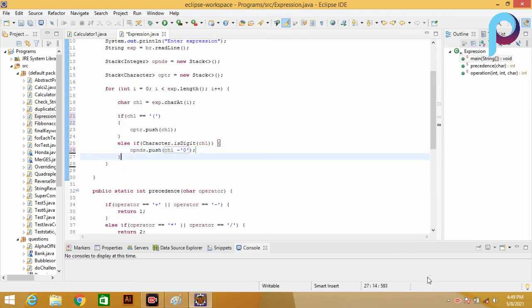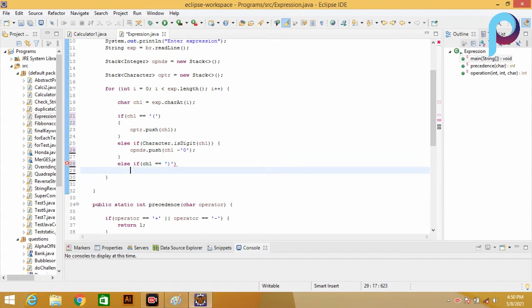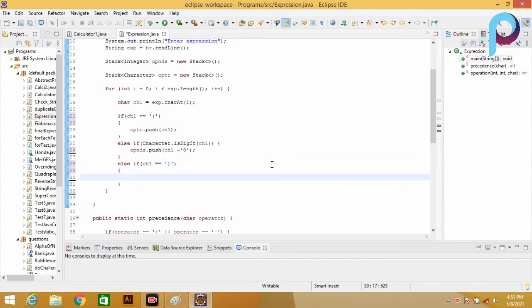Now else if ch1 equals close bracket. So if we find a close bracket in the expression, then we must solve the expression in that bracket. We have to solve the expression.